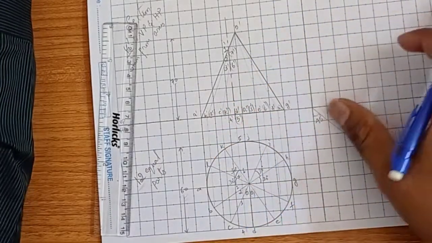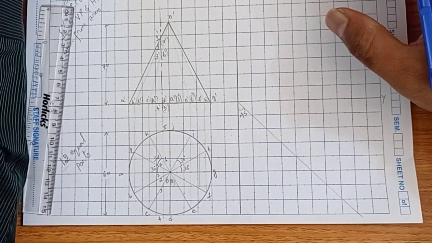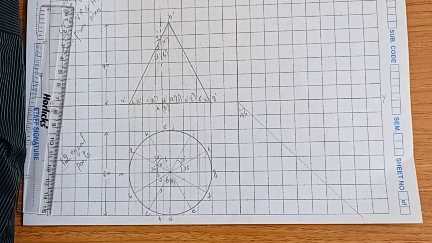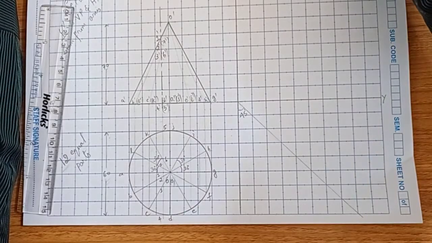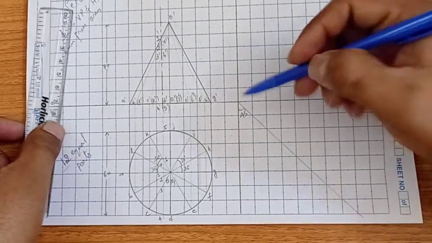In the front view and top view the section is not visible, so that is why you have to go for the side view. So draw the 45 degree line downwards. You always have to draw the 45 degree line with respect to HP, downwards. After this you have to project each and every line from the top view only.